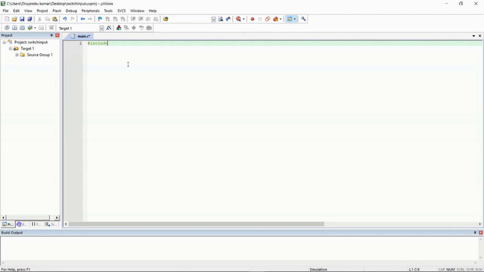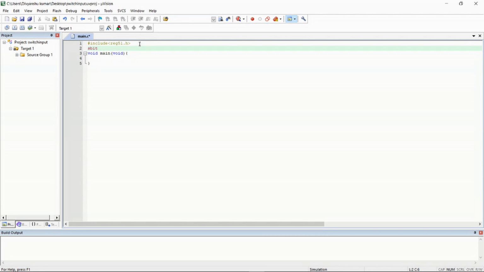First include our register file, then declare our function which is void main. Before this, let us set our pins first.